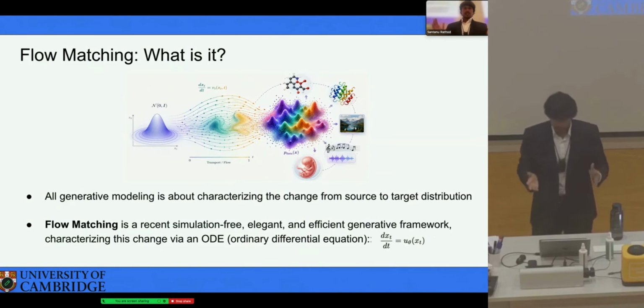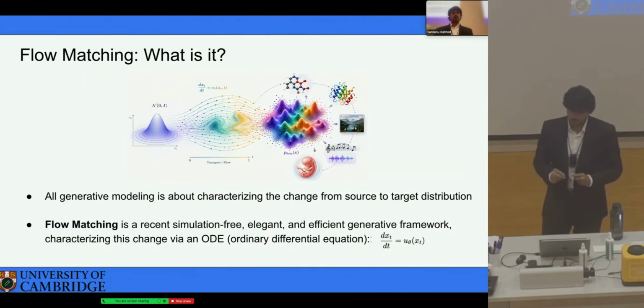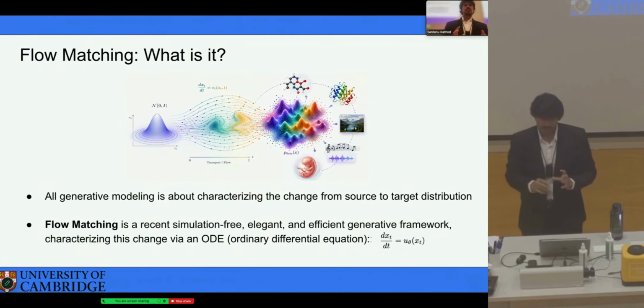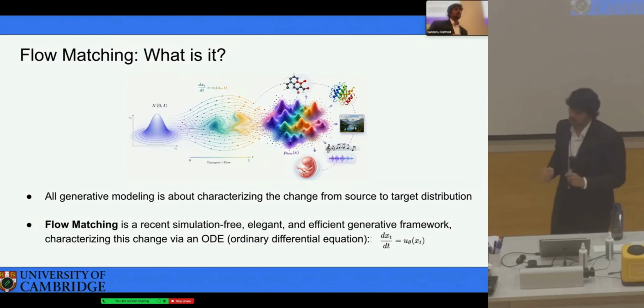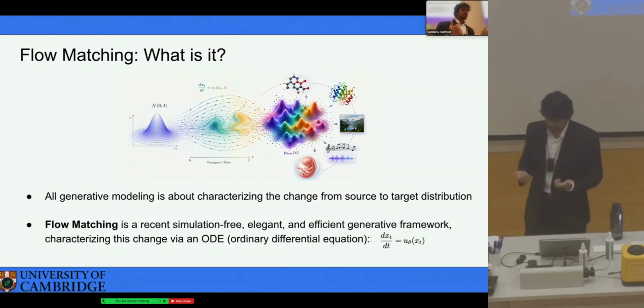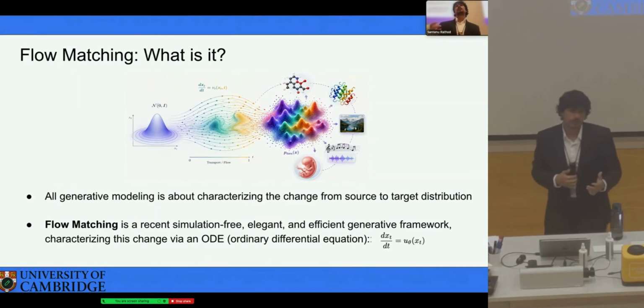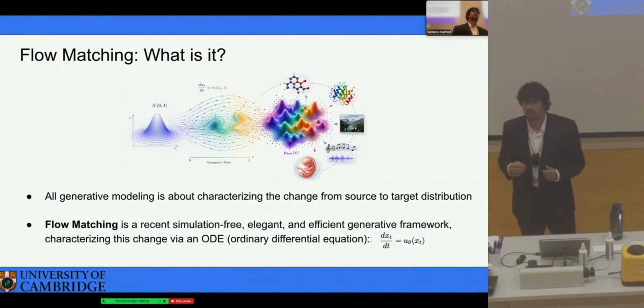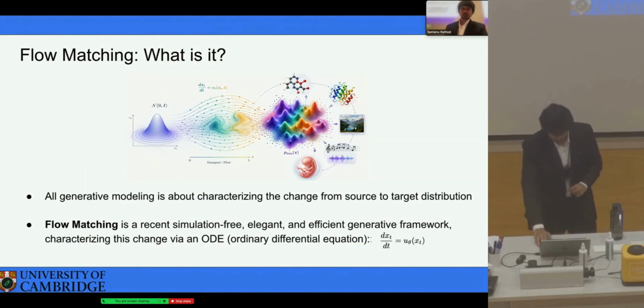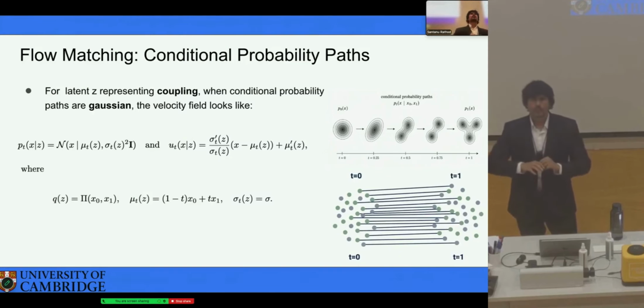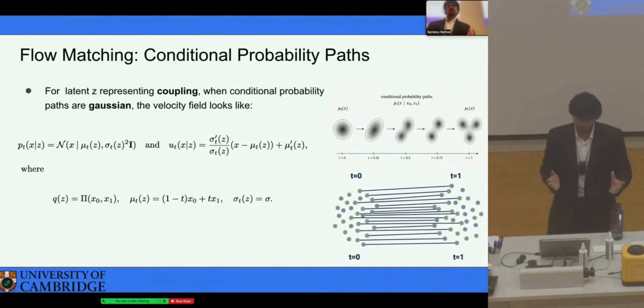And that's what essentially all generative modeling is all about. And flow matching is basically a recent addition in this line of thought. It's simulation free and it's efficient and it's elegant. And compared to diffusion-based models, it's an ODE formulation, not an SDE formulation as happens in diffusion. So it all boils down to, as we saw last time,